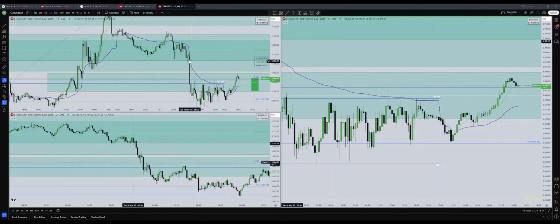So after we get this dump and it's a clear displacement down right here, I see this bar. I'm basically looking to see how we react here. And honestly, I wanted to limit in right here with a stop essentially being maybe not here, but certainly right around here to here. And so once it tags, just barely gets into this gap, it just dumps immediately. So this was without a doubt the fastest, easiest trade of the day, and boom, you're done within 15 minutes of market open. I didn't catch this, and then